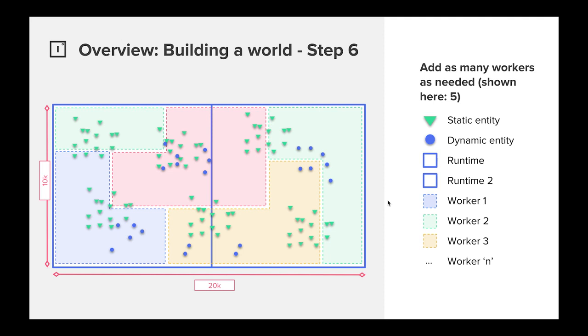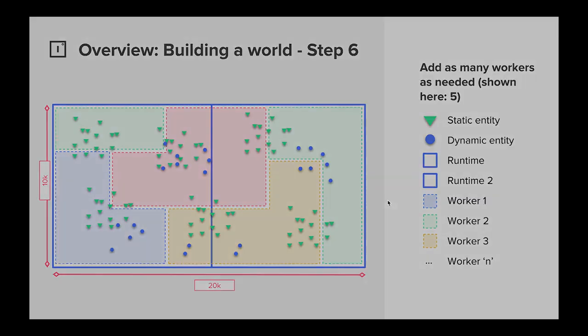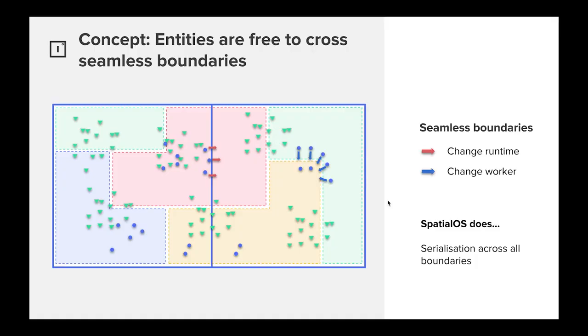We can bring up more compute, and thanks to the runtime, we can throw all of those workers and load balance them in a way that's sensible. So this is what a game world looks like on SpatialOS. Lots of workers simulating a single space that feels completely seamless to all of these entities. What you get out of the box, what the runtime actually does, are the hard distributed system problems that we've solved.